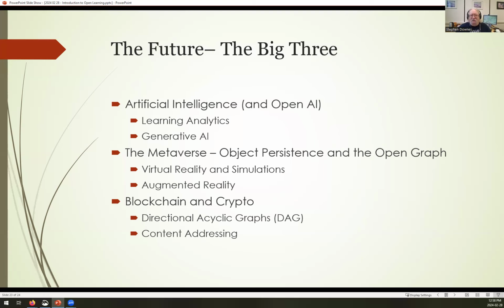Blockchain and crypto, again, everybody makes fun of blockchain, and they should, because the financial services industry got a hold of it, and anything that they touch becomes corrupt. But there's a lot of really good and important technology. The distributed ID that I mentioned will depend on this, but also things like content addressing, a way to uniquely identify a resource so that you can track where it has gone. You can show that this resource was used to create that resource, and so that you can verify that when somebody sends you a resource, it's what you thought they were sending you.